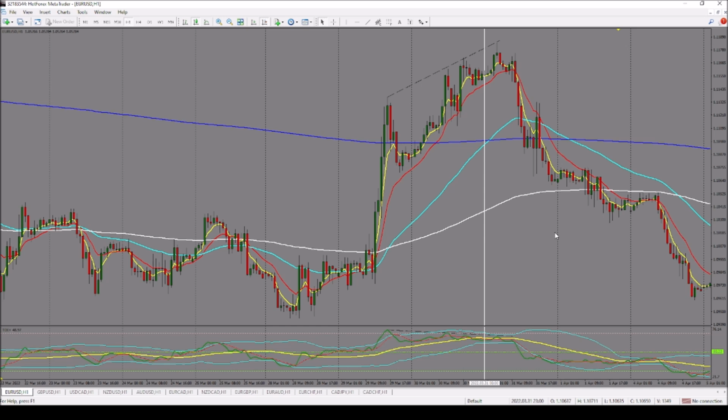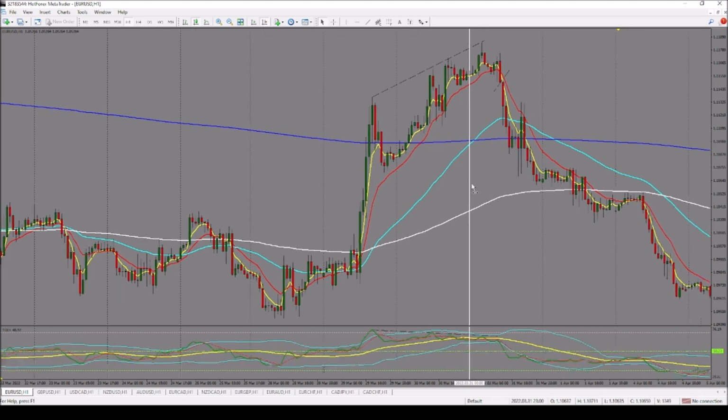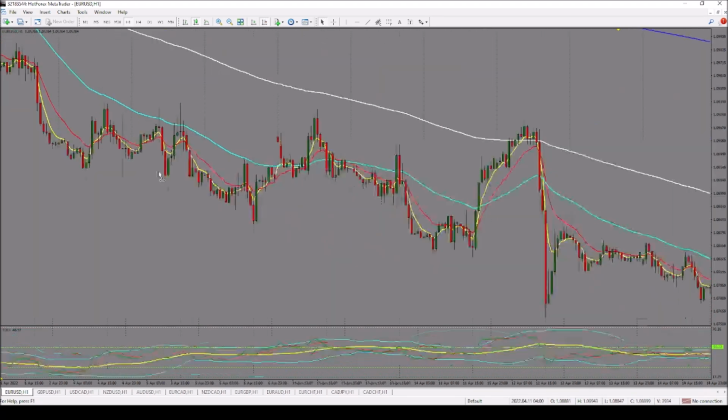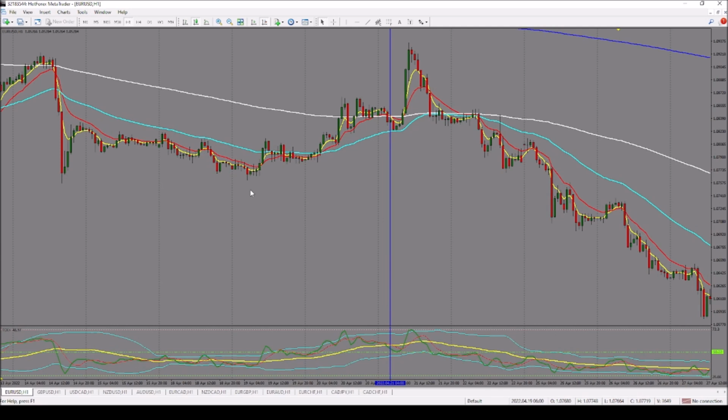A candle closure below the 13 is actually our entry point. In this case, a closure happened at this point. That was a valid entry point, right? Going forth, we can start to look again on that